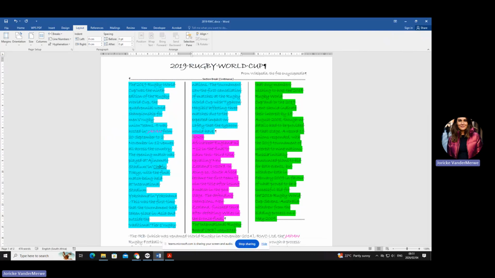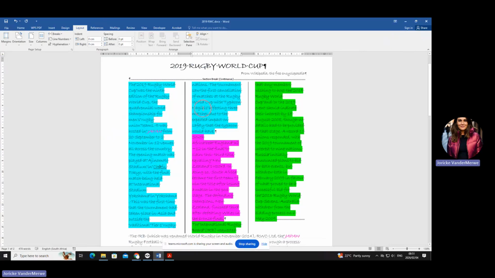Now, if I can just take your brain back to line numbering. Do you remember what we did to show the computer where it starts and where it stopped? What was that? Well done. It was a section break. Excellent. So we're going to do the same thing, but with a different break. What break do you think? If you look at what we are working with here currently?